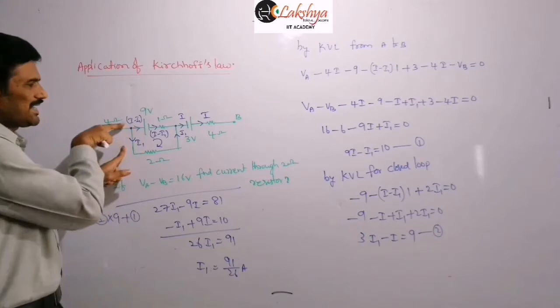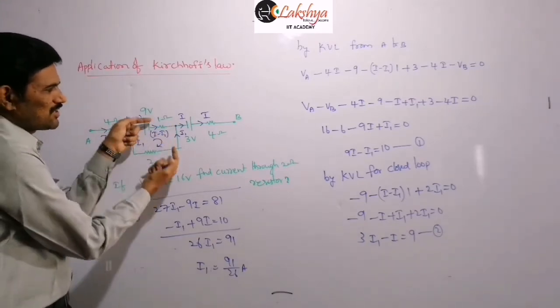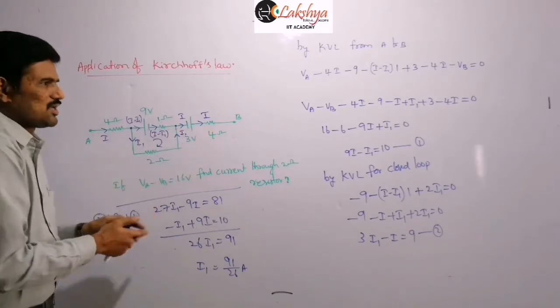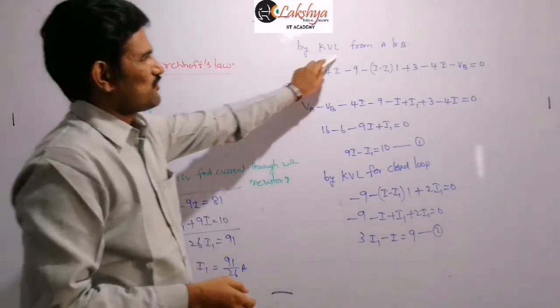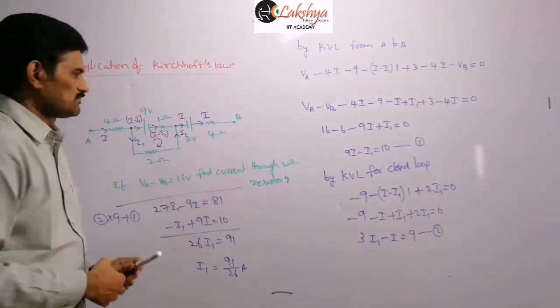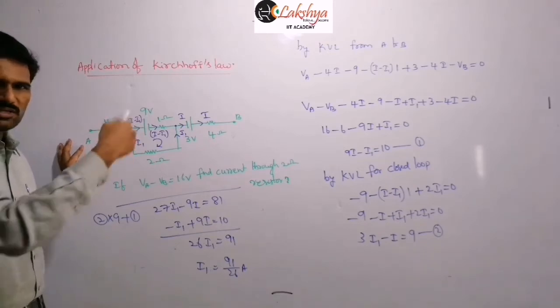And the remaining current I minus I1 will flow along this. And again at this junction, I minus I1 and I1 are added together, and so that original current I you will get here. Now next I am applying the first Kirchhoff law from A to B. That means from A to B, from this direct path, I am applying here. When you are applying the direct path, directly from the point, that means the second method I am applying here,